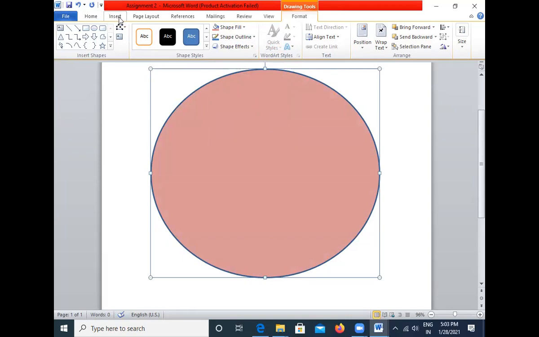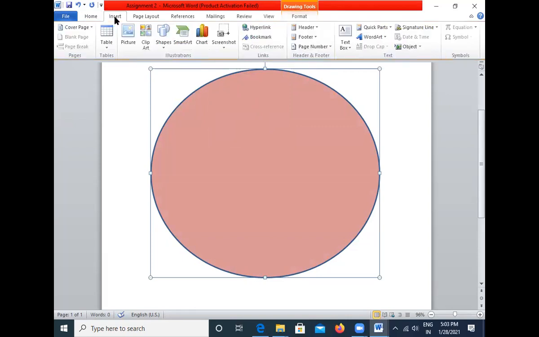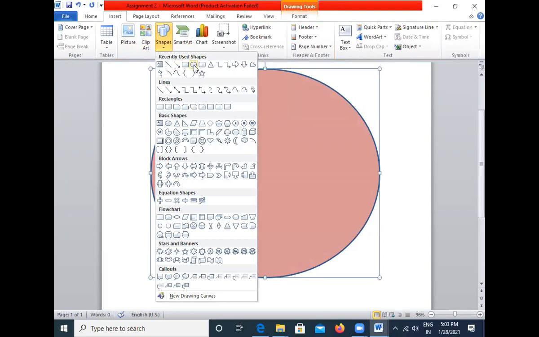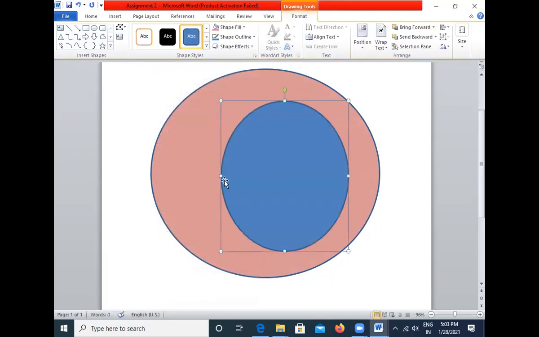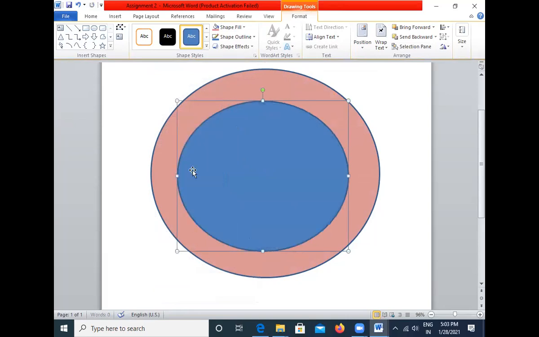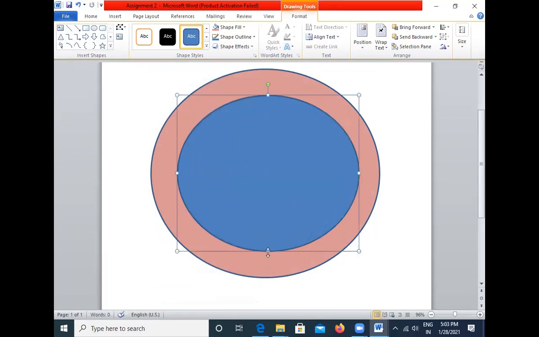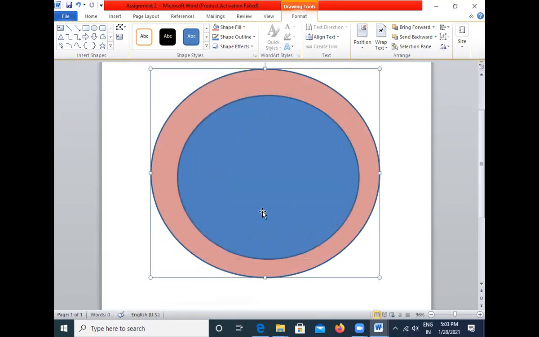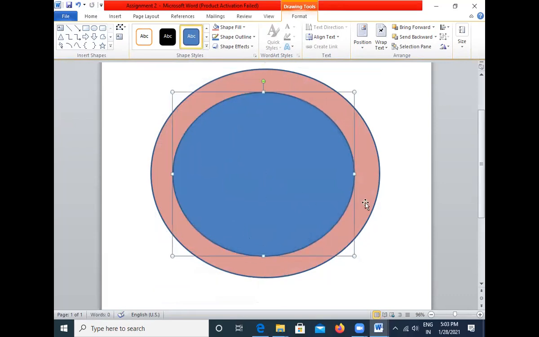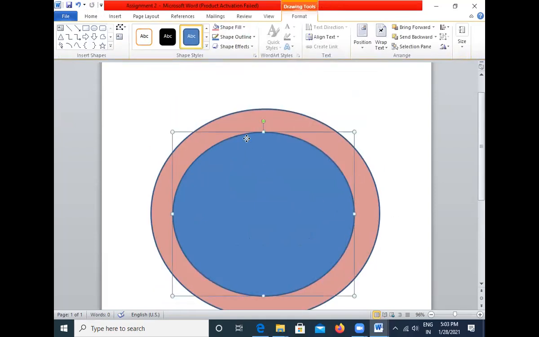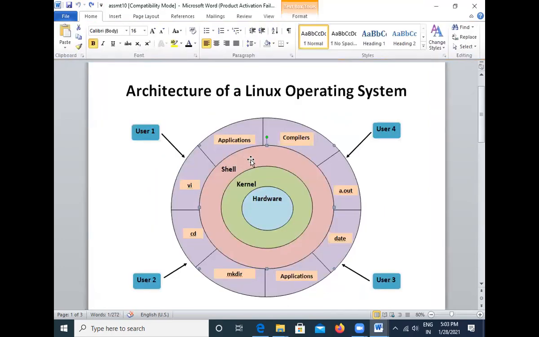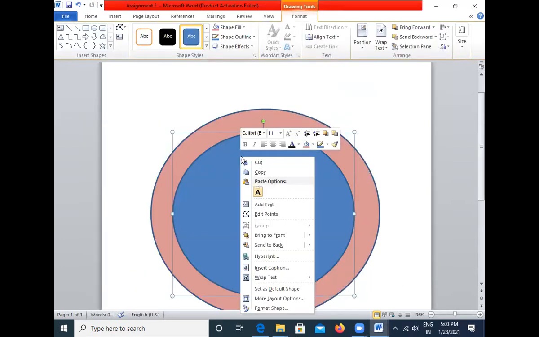Then we'll go to the Insert option again, and we'll select one more shape, and that we will draw inside this oval. Little adjustment we can make to this, and for this we'll have a different color, similar to this type of color.